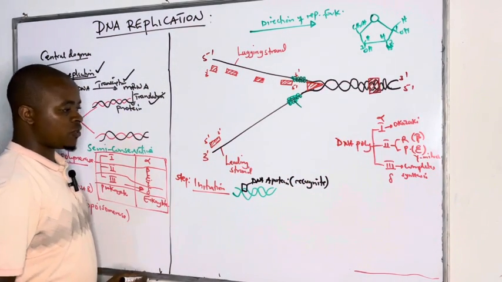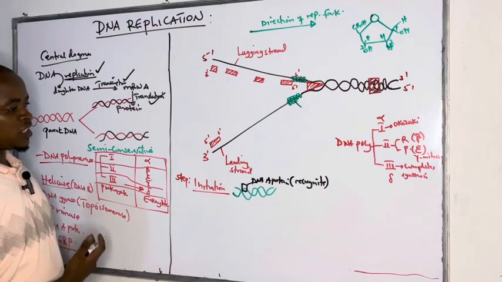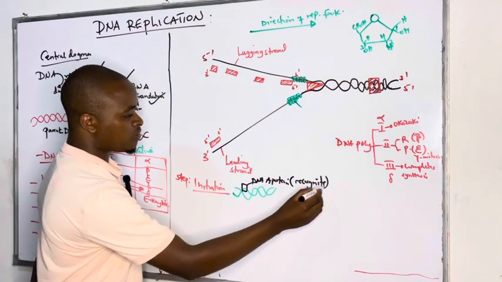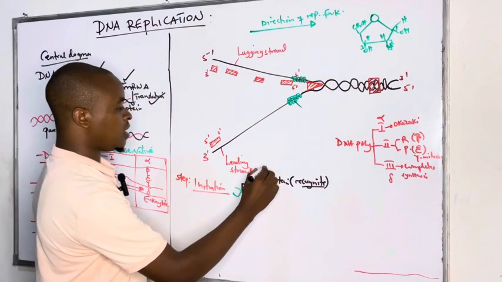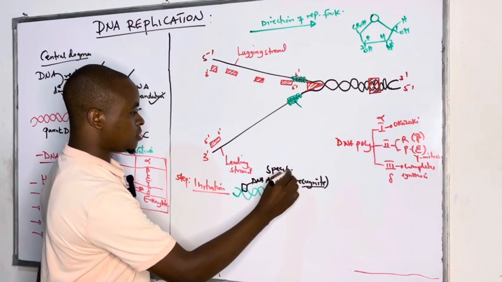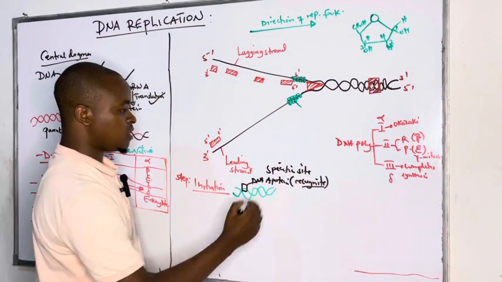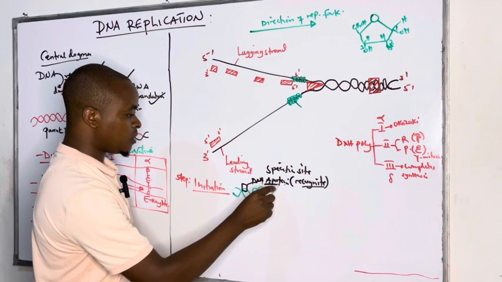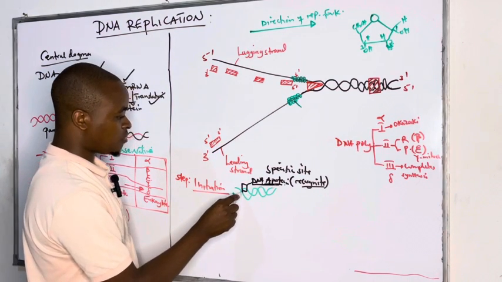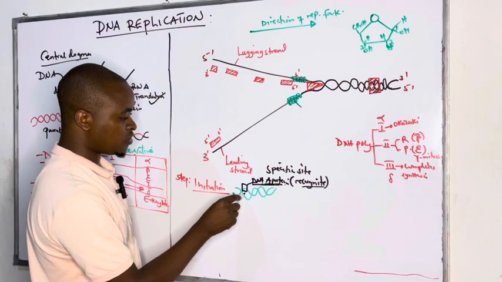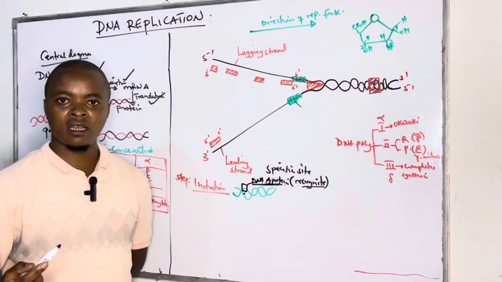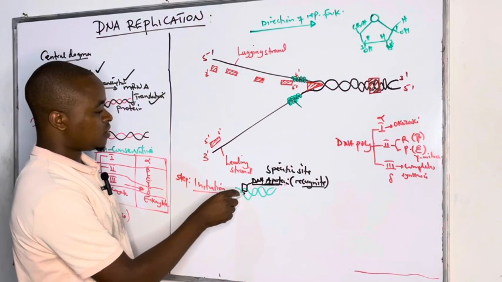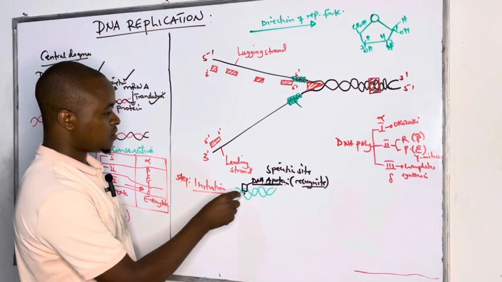Because we see in prokaryotes, majorly we are going to see this replication in prokaryotes, whereby it has a specific recognition site, or a specific site where replication starts. And it is recognized by DnaA protein, and this protein is the one that recognizes the origin of replication, where the replication fork starts to be formed. So after recognizing the origin or the site, it